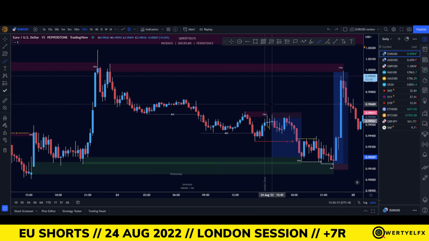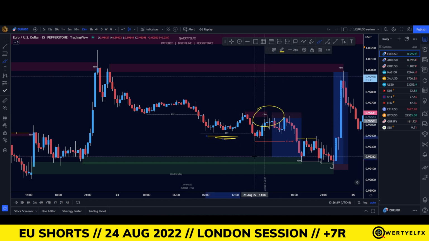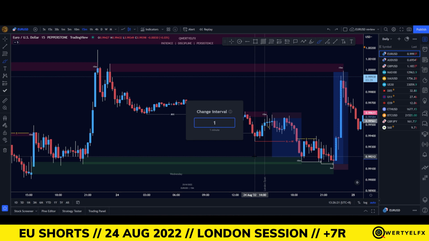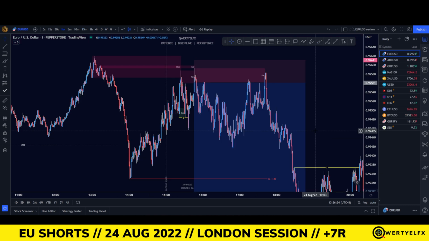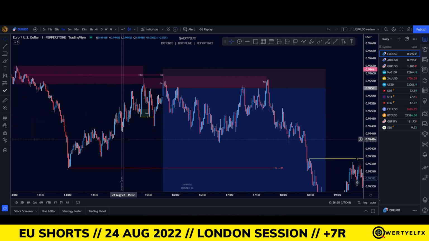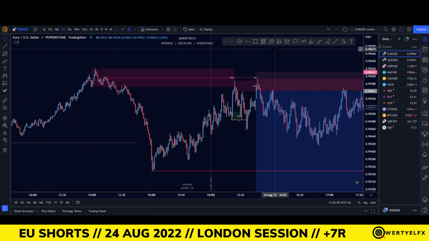which caused this big push up. During the London Open, I saw that price tapped into this last 15-minute sell zone that had the break of structure, so I dropped down to the 1 minute. Given that we are bearish on the higher time frames, shorts are pro-trend. So for me, once price hit this 15-minute sell zone over here, I was waiting for the 1 minute to change its structure again. So we see it happening over here when we have this break of structure